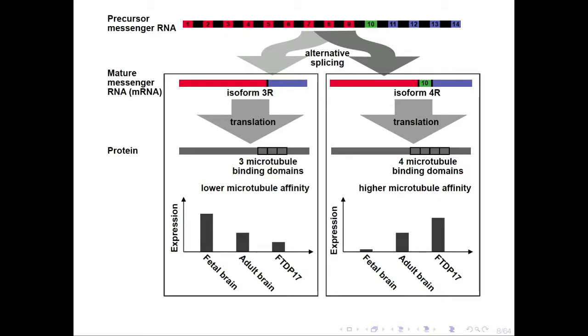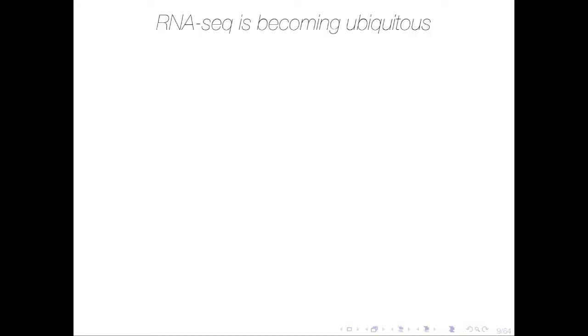So this suggests that RNA splicing is an interesting process to study, both in terms of healthy development as well as its role in human disease. To try and understand and query splicing in different samples, a modern technology that's becoming ubiquitous is RNA sequencing. I want to give you a brief primer of what RNA sequencing is.